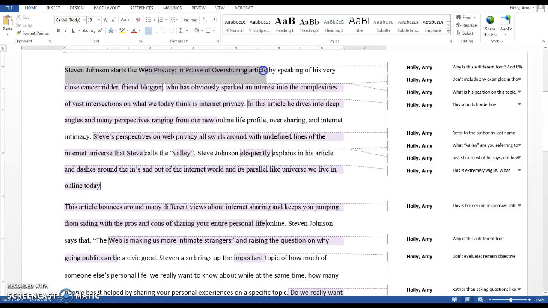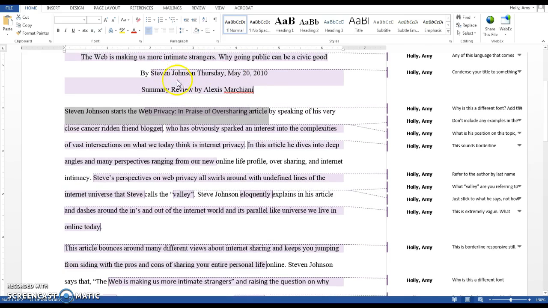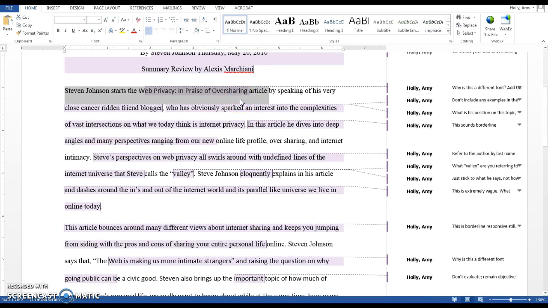In the very first sentence, you need to include the author's name, the title of the article in quotes, the publication date like you have here, and then also the source title where it was published in italics. So in this first sentence you're missing the date and the publication title in italics, so make sure you go back and add those. And then from that introduction you should go right into your paraphrase of the writer's thesis.